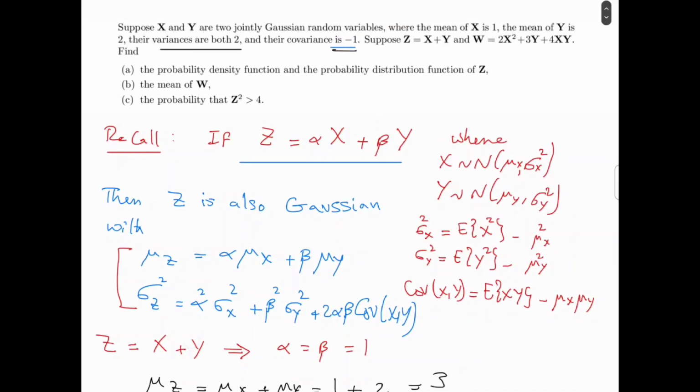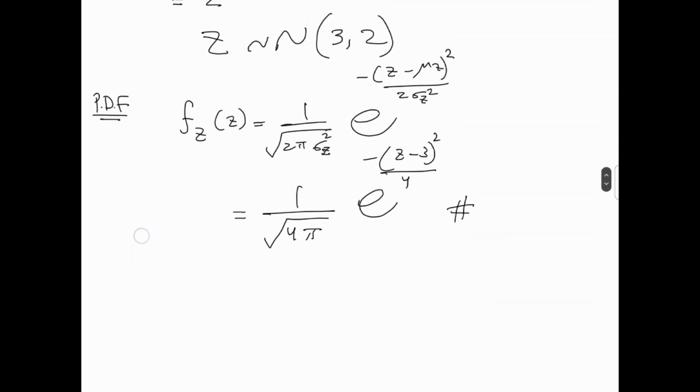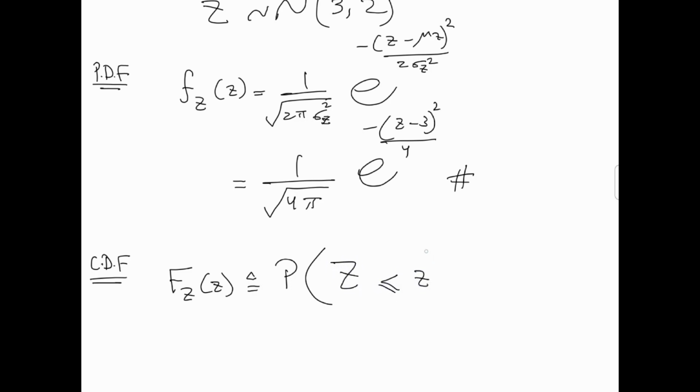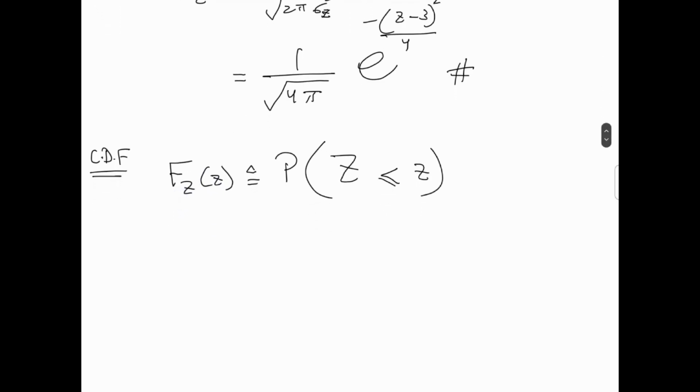And then they're asking us to find the probability distribution function, which is the CDF, the cumulative distribution function. So F capital Z of z, which is defined as the probability that capital Z, the random variable, is less than or equal to little z. So if we check what this represents,